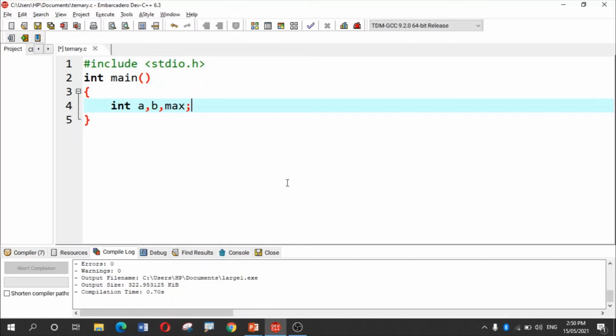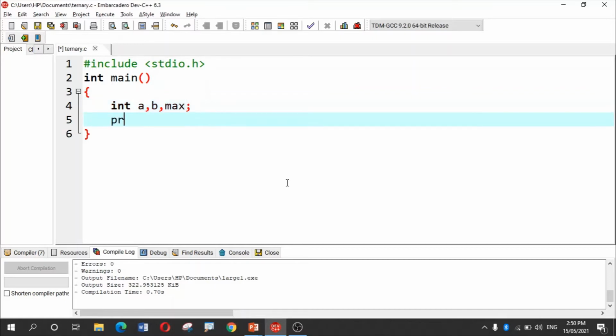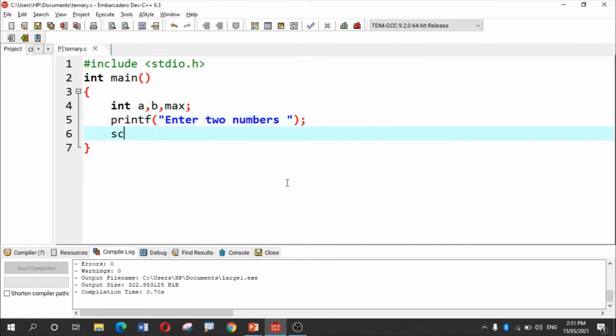Say the first variable is A, the second variable is B, and the third variable, which will hold the maximum of the two values, is max. As the numbers are to be taken from the user, I will write the printf statement which will tell the user to enter the two different numbers. So, enter two numbers. This will give the prompt message to the user. It is followed by the scanf statement. This scanf statement will allow the entered numbers to be stored in two different variables.